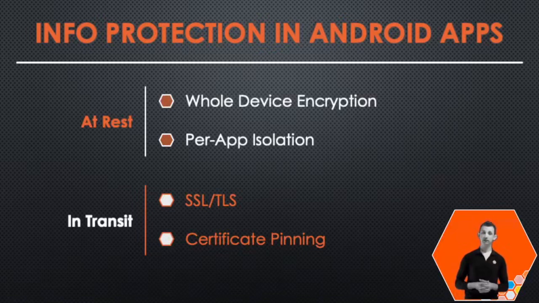For data protection in transit, we generally see this implemented using TLS to encrypt the traffic. And increasingly, we see the use of certificate pinning to require a very specific certificate to be presented to the mobile app by the back-end server. And at a high level, the way certificate pinning works is that the app has the public key of the cert that it expects to receive from the back-end API. And even if the API provides a certificate that is signed by a trusted CA, if it is not the specific cert that our app is expecting to see, it will assume that the API is untrusted and will not